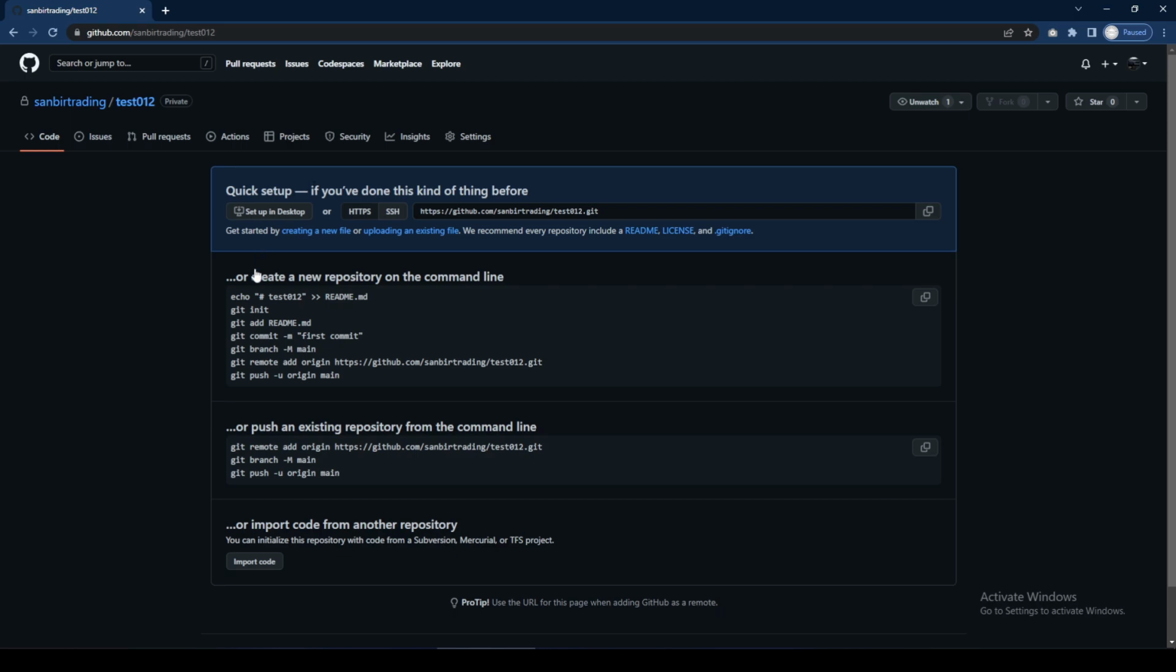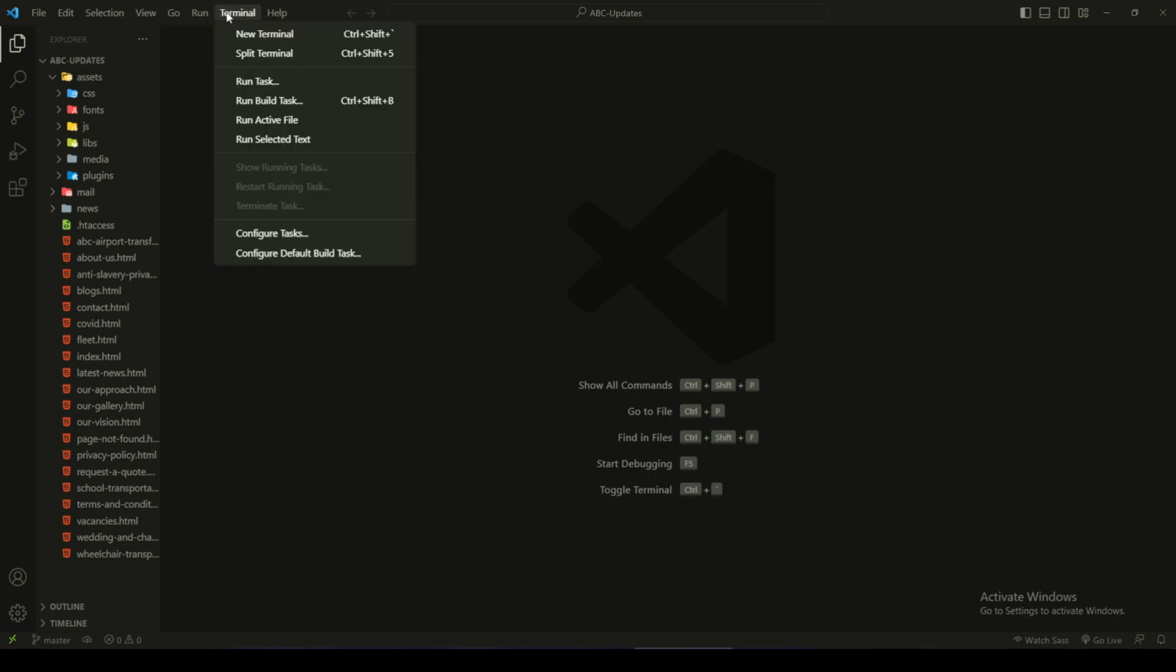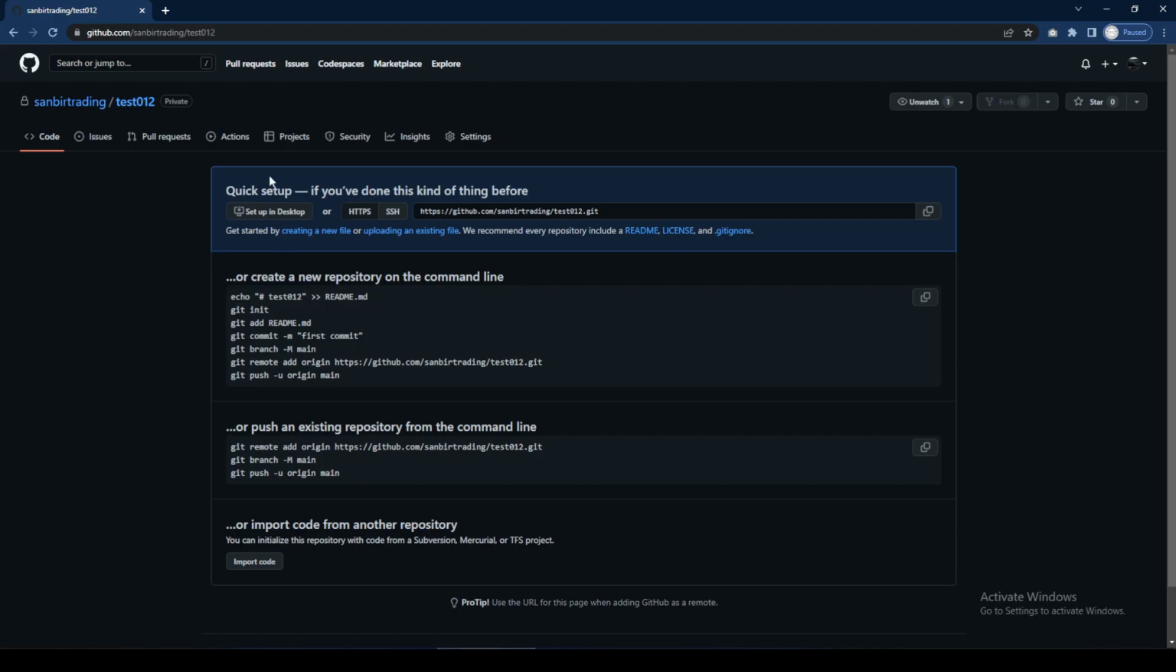So our repository has been created, and after that we have to open our code editor. I'm using Visual Studio Code for demonstration purposes, and make sure you have opened your root directory, and then after that we have to click terminal, new terminal. We have to write this command git init, and after that we have to write git remote add origin, space. Now we have to go to our repository page, and make sure you copy this line here, and this